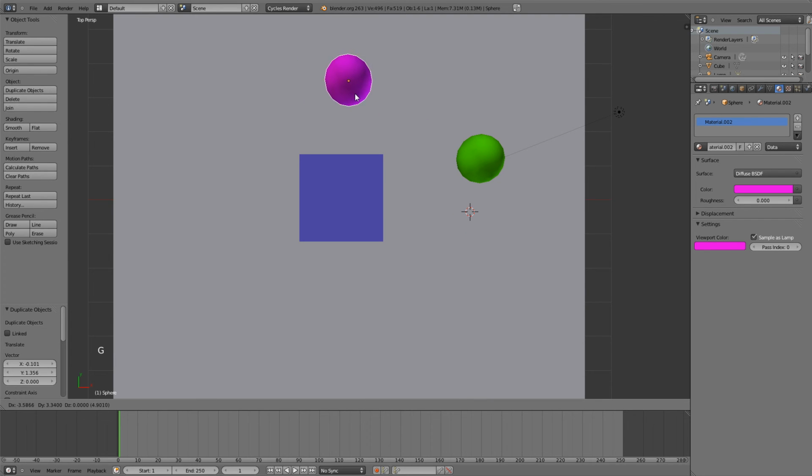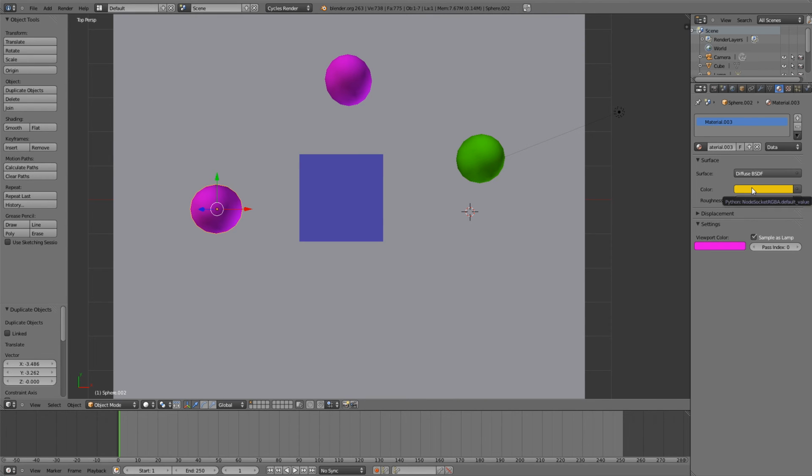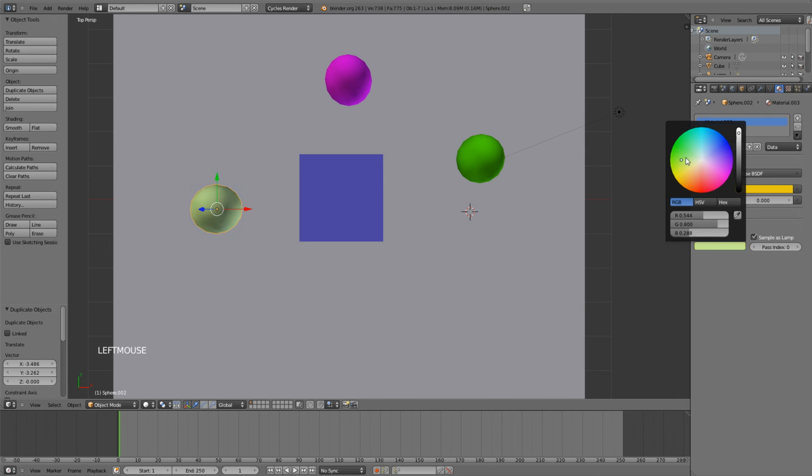I'm going to move this one here, and I'm going to make one more, make it a single user by hitting the 2, and change this one to a yellow color. Now if we change the color on this, you see that it only affects this one,